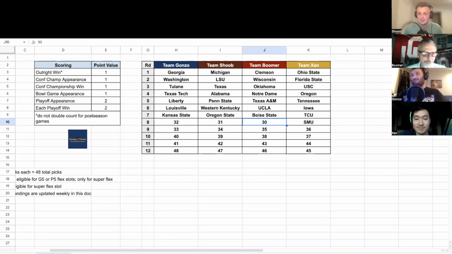Yeah, it might be the last year of the Iron Skillet. They're not doing it anymore. That's unfortunate. But yeah, I think TCU, just a quick comment, I like that TCU pick. I actually had them as my 3rd best team in the Big 12. So I like that pick.